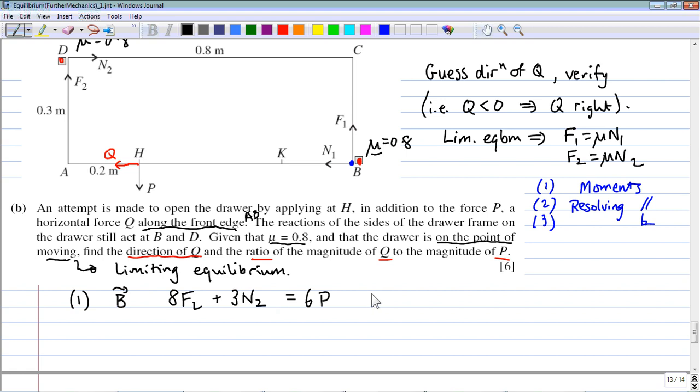So that's the rotational equilibrium equation. Now we can write down the resolving equations. First of all, parallel to AB, I have N1 plus Q equals N2. So now N1 and N2 are not equal because of that force Q. And the third equation, I can write equilibrium in the direction